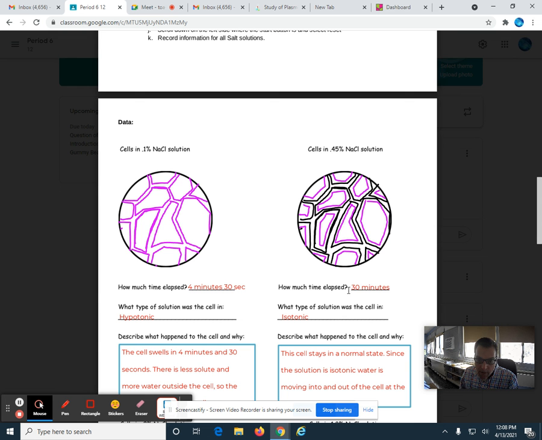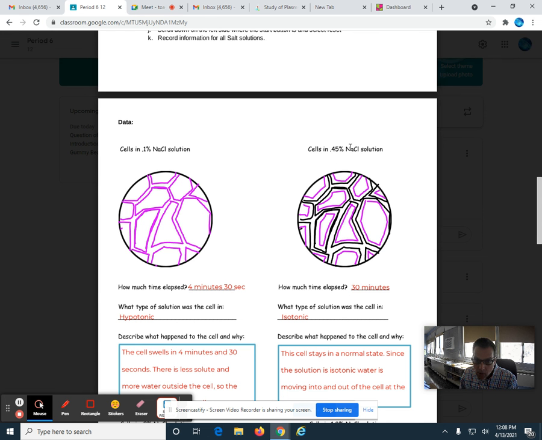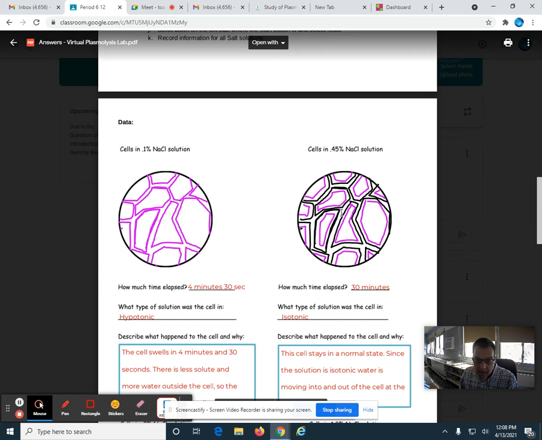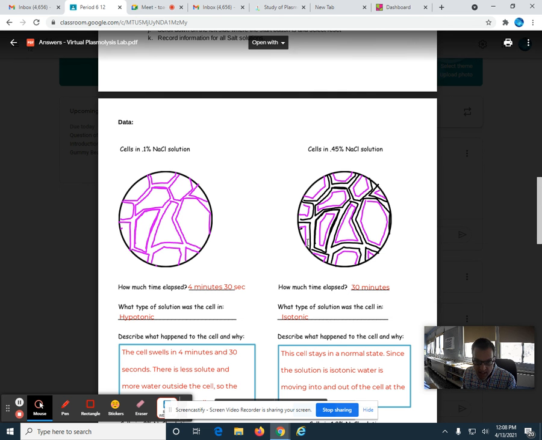Okay, and a 0.45% NaCl, which is the chemical formula of sodium chloride, a salt solution. This is an isotonic state. These are what the cells look like during the virtual reality experience. You saw always a cell that was in a regular state, and then the one that was given the solution. And this most resembled the regular state throughout all of the different salt solutions, because this is